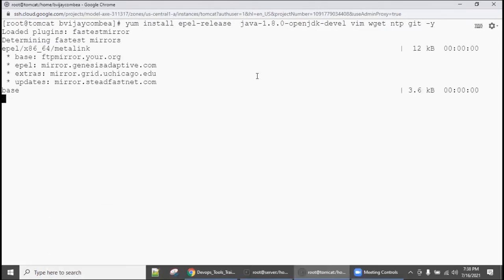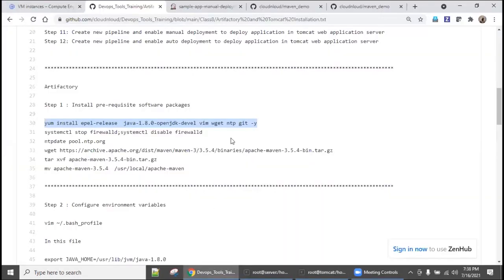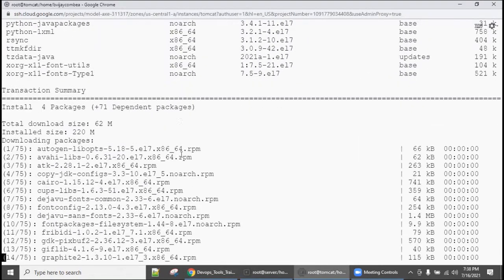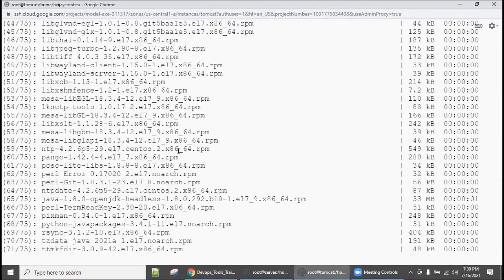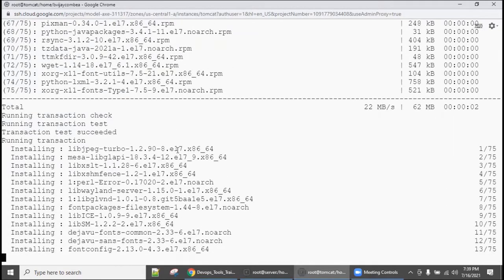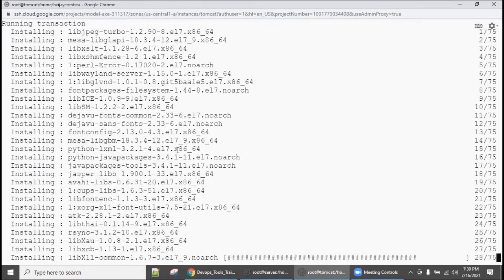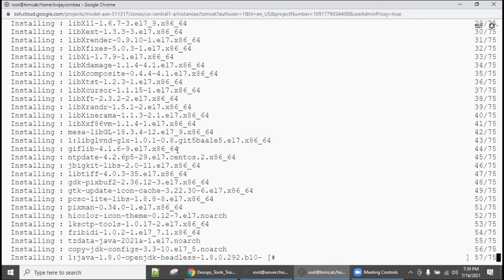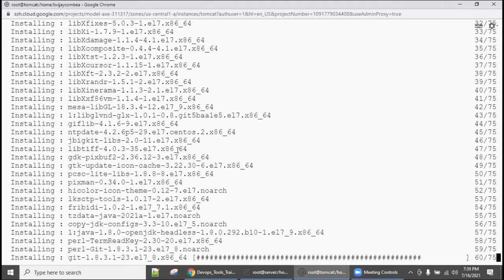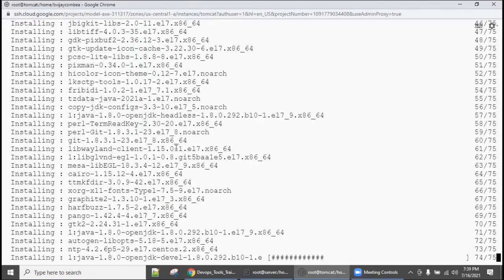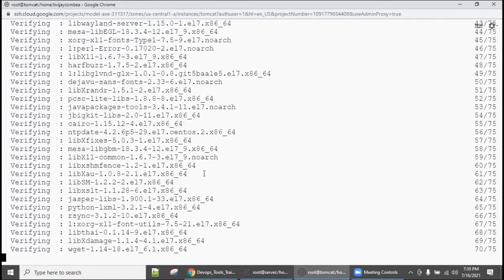Then I'm stopping firewalld, because normally during learning we go with less restriction. Once the prerequisites are installed, we are going to do it one by one, exactly as mentioned in this command on GitHub. Java is getting installed.